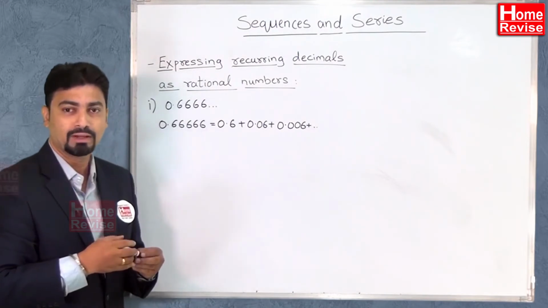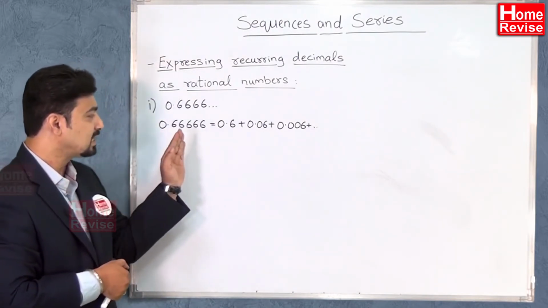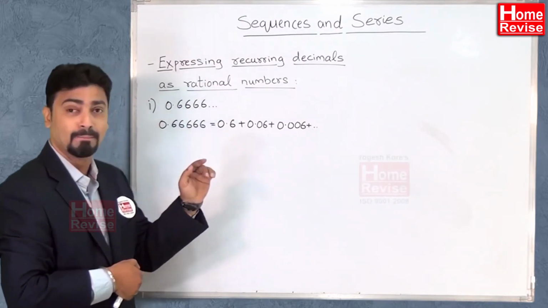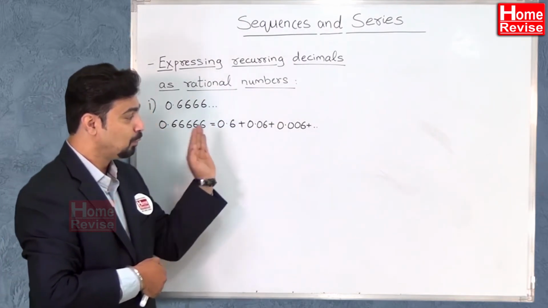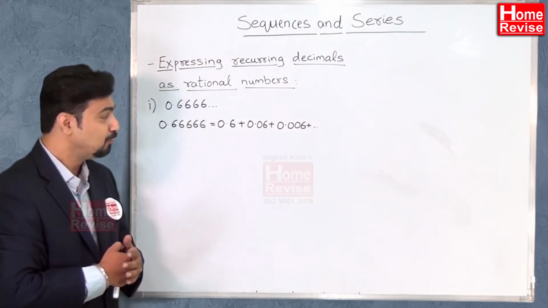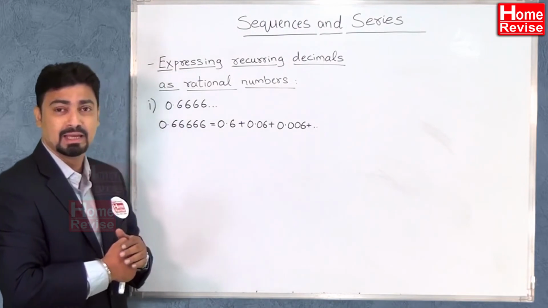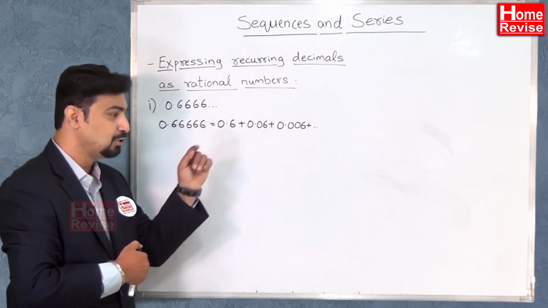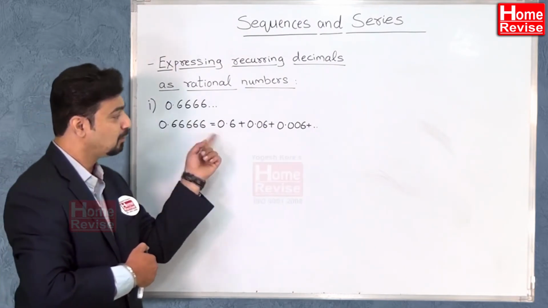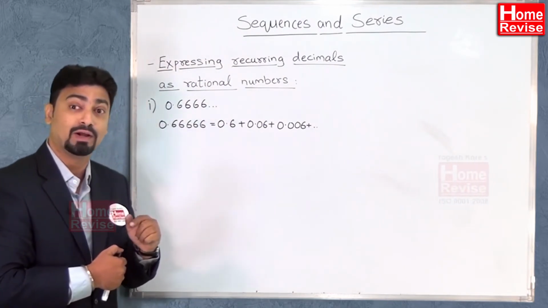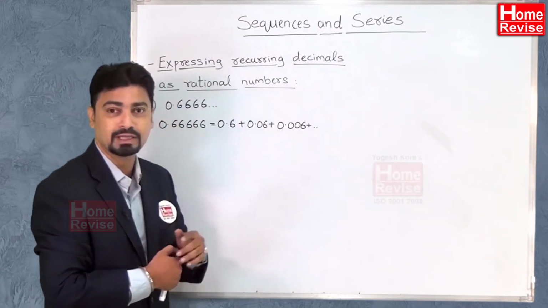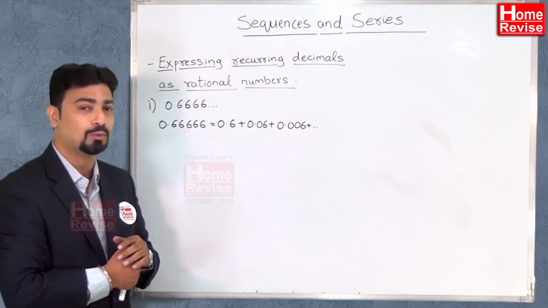Correct? So what I have done is, I have written 0.6666 dot dot as 0.6 plus 0.06 plus 0.006, which will add up to form the given number, our original number. Now if you see this split series, the first term is 0.6, and if I multiply 0.6 with 0.1, it will become 0.06. Further, if I again multiply by 0.1, it will become 0.006. Again multiply by 0.1, it will become